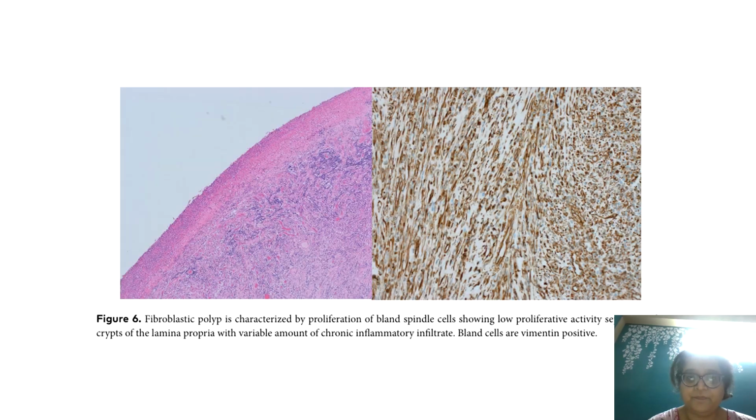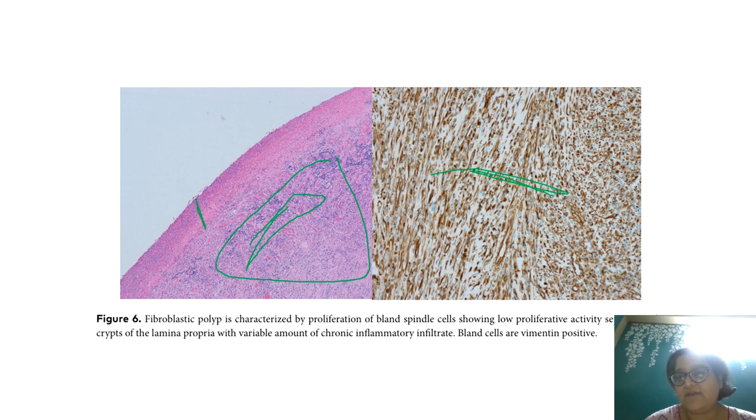And then, see, sometimes you get these kind of lesions and you were expecting a colonic biopsy where, if you can make out, they are blue spindly cells and then something looks like a capsule. So the large intestine has a lot of IMTs and fibroid polyps. And then of course you can use IHC like Vimentin, SMA, etc. to see what it is. So when you see a biopsy with a lot of spindle cells in it, and they're saying it is colonic, and there's ATPR, don't get scared.